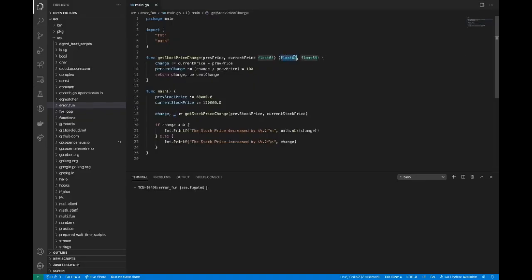It has two return variables, two return values. But in this case,